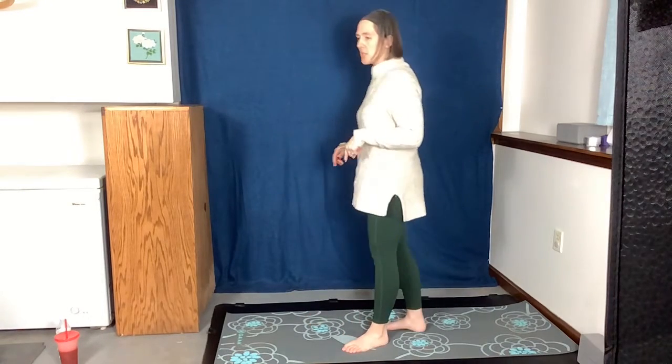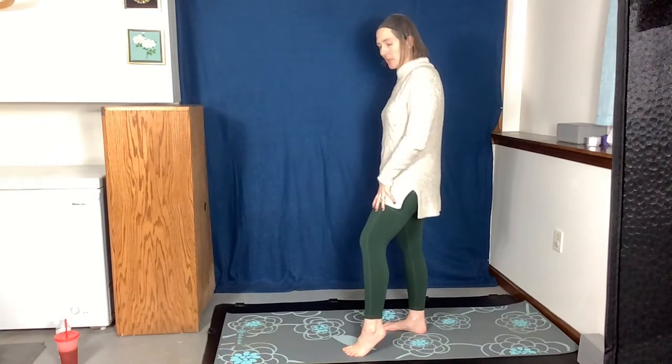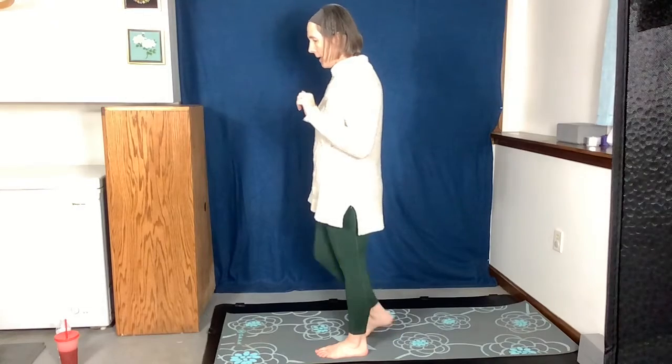So I'm going to rotate sideways so I have enough room. I'm going to use the stabilizing leg again for stabilization, and I'm going to bring my right knee up, and then kick it back. Ten of those. Feel free to hold on for balance, like I said, if you need to. I'm trying to work on mine, so I'm not going to, but we'll see what happens as far as my balance goes today. So I'm going to bring that knee up,